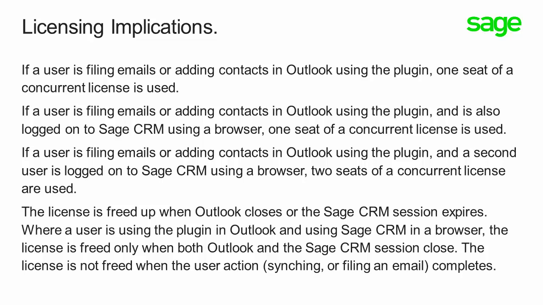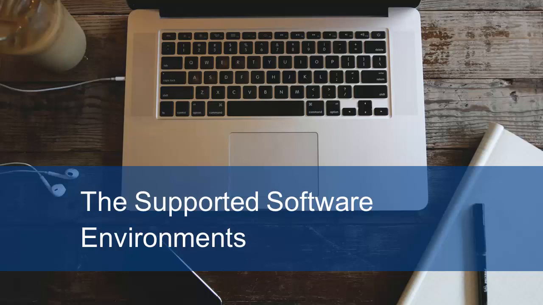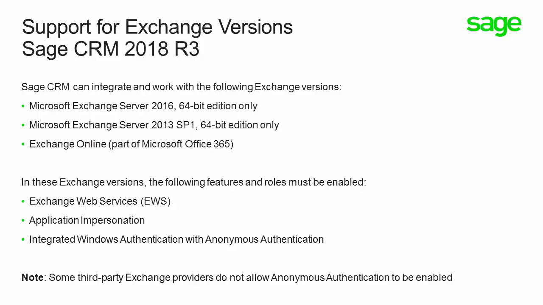Okay. Let's consider the idea of the supported environments. For Sage, where we are at the moment is Sage CRM 2018 R3. Sage CRM can integrate and work with the following Exchange versions: Exchange Server 2016 and Exchange Server 2013 SP1. Both of those are the 64-bit editions, and we can also connect through to Exchange Online, which is part of